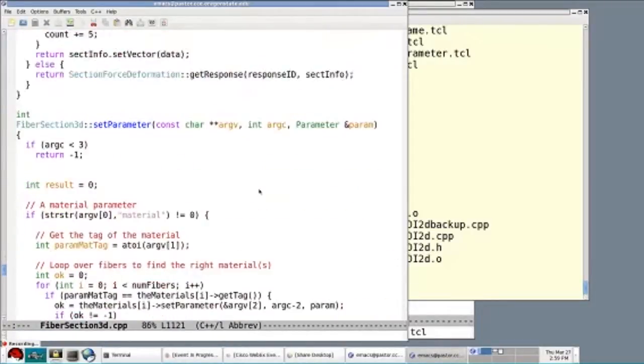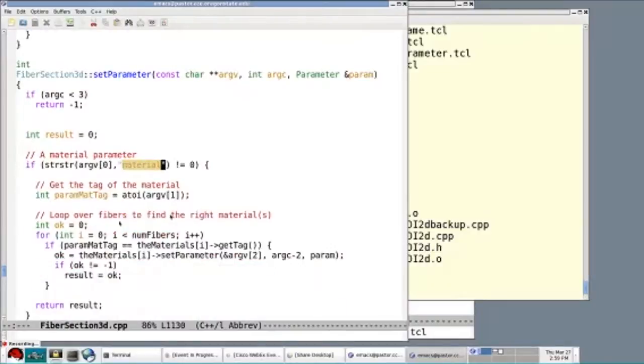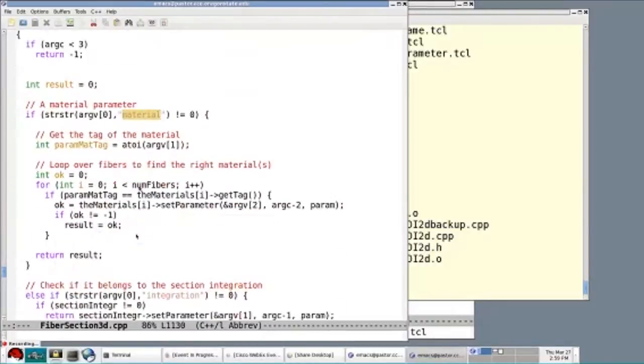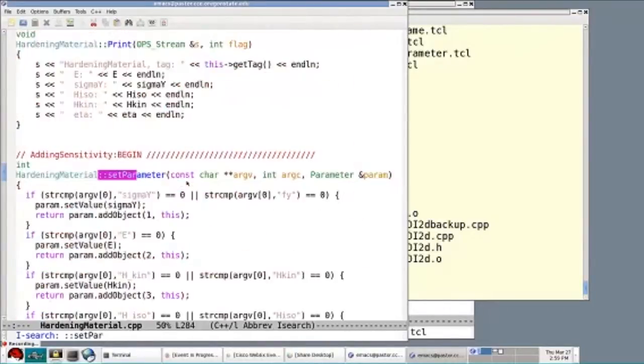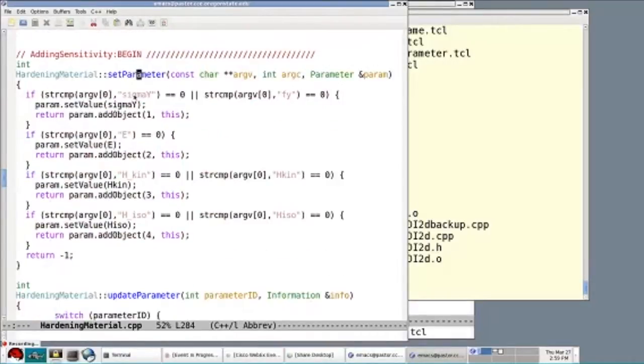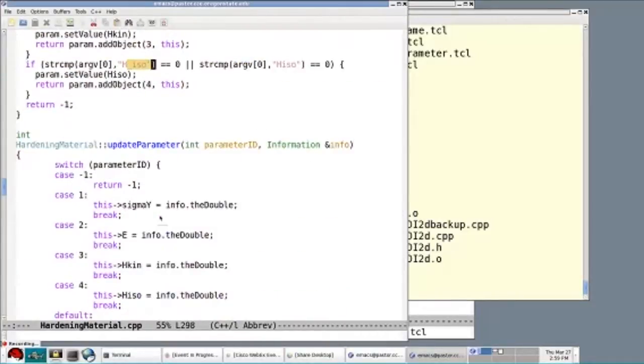All right, and then okay, material. It'll look for material properties or integration, like the section integration, cross-sectional dimensions and whatnot. So then you have to dig down into, well, I'm using a hardening material or Steel01 or whatever, and look for set parameter there. It'll take sigma y, fy, E, kinematic hardening, isotropic hardening moduli, and then also the